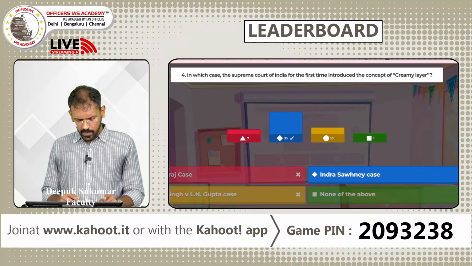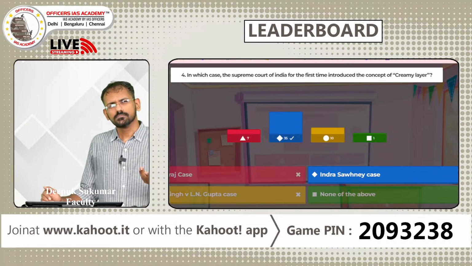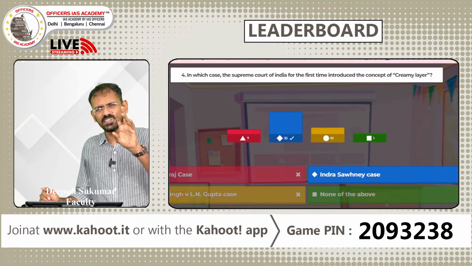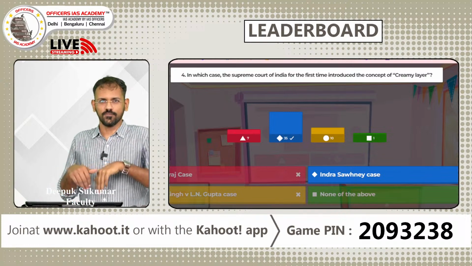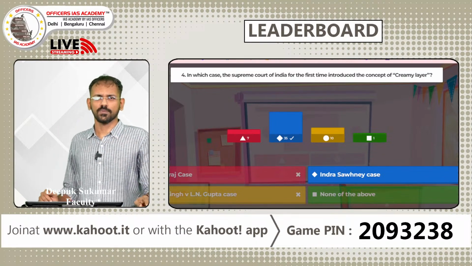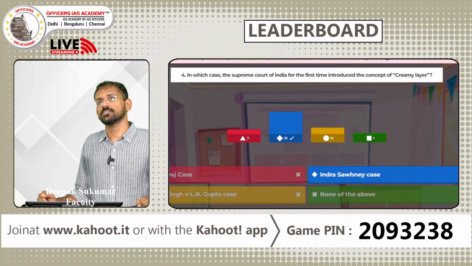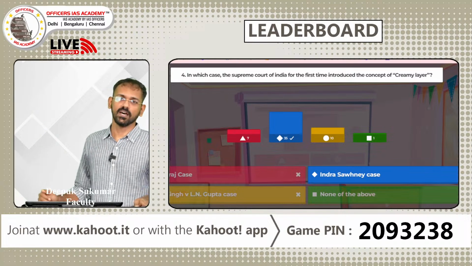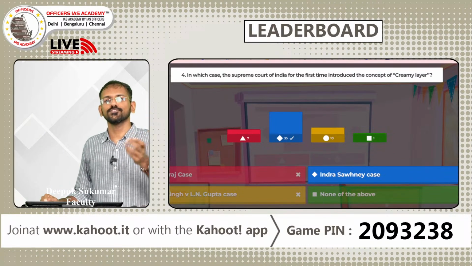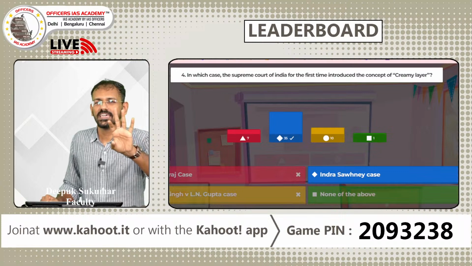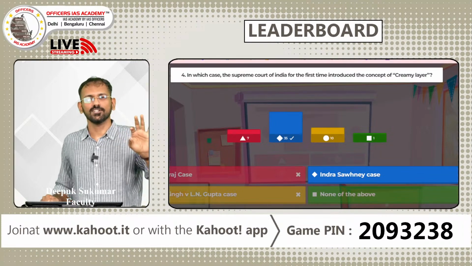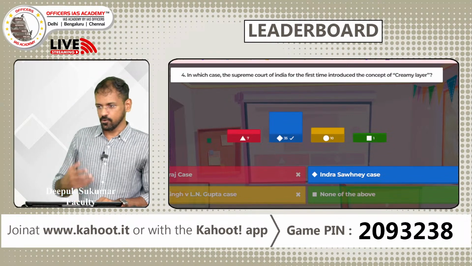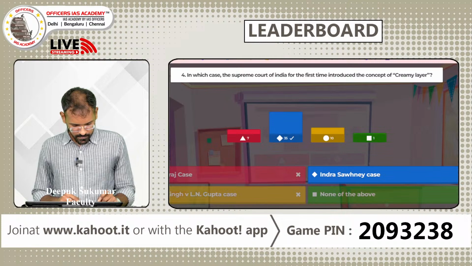And with respect to UPSC, again, case laws, we haven't really had many previous year questions on case law, so it's not really important for you to remember case laws. Although we've asked this question here, it's not really important for prelims. But how it might be important, for example, we are celebrating the 50th anniversary of the great Kesavananda Bharati case. So something related to this Kesavananda Bharati case, they might ask a question, but case law specifically, we actually haven't had such questions in the past. But anyway, good job that you got the answer right. So let's move on.